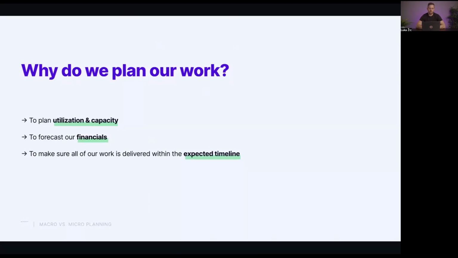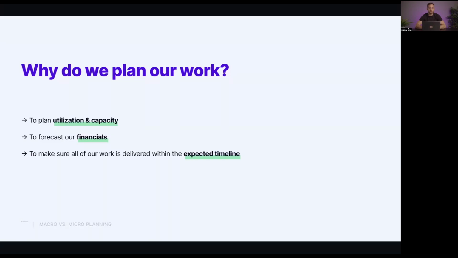So you want to avoid situations where you have a job in the pipeline that you want to deliver to the client, and then the client signs off on it, and then you realize that there's nobody really in your team that can deliver it, and then you're in trouble. Plus, we also want to avoid the other side of that, which is ensuring that our team members, that our staff members have sufficient work to provide a financial boost to the company. The second part is to forecast our financials.